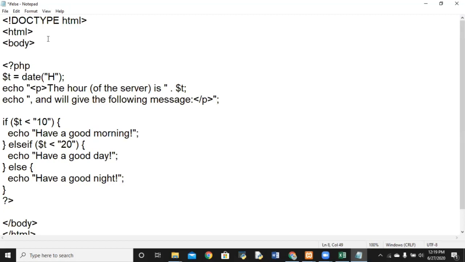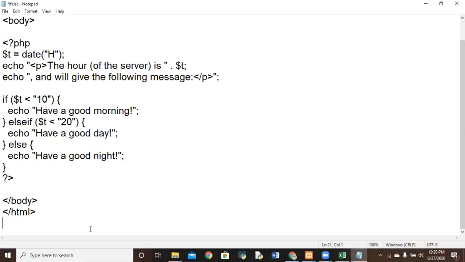The message that will be displayed below I have put in a paragraph tag. If $t is less than 10, that means the time is less than 10, then it will show good morning. If the time is less than 20, then it will show have a good day, and else it will show have a good night. So as we have discussed, if, then else if, and then else. Saving it, Control S.